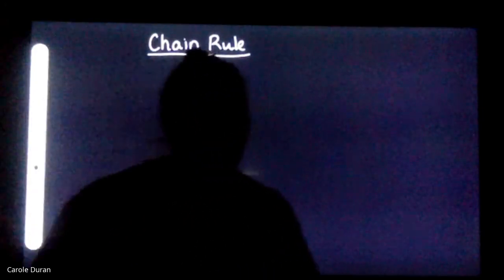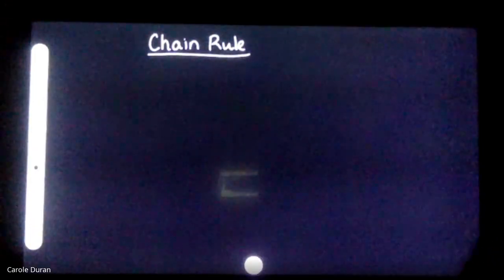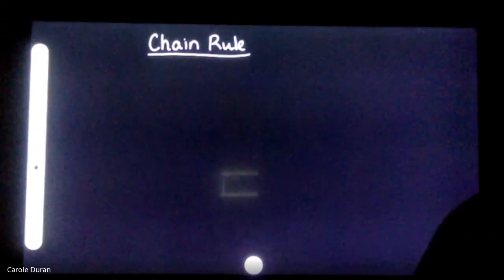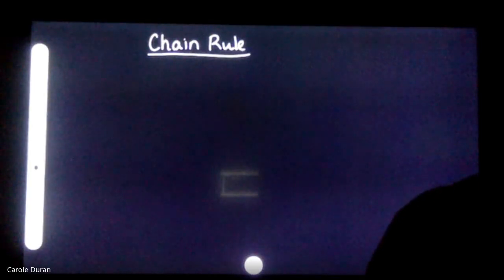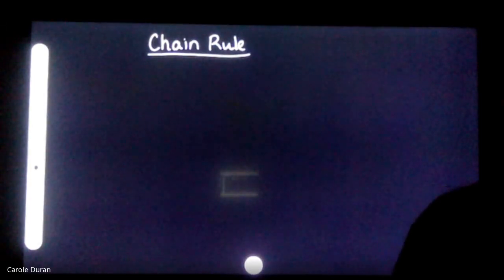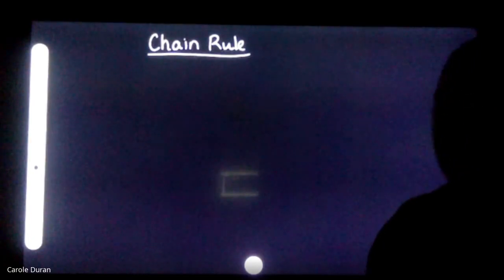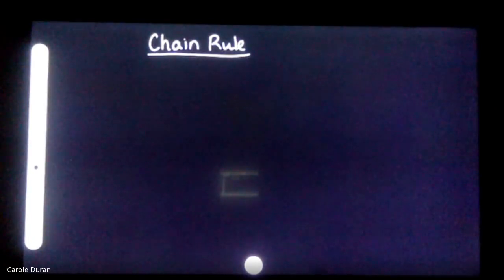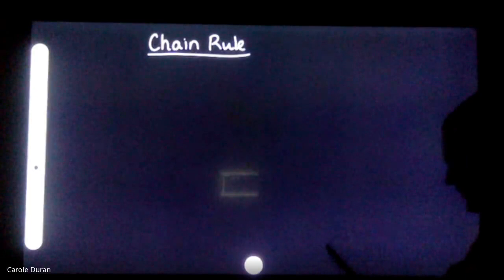This is going to be something that we take 2 days on. So today it's just going to be singular chain rule, and then tomorrow we're going to do double and triple chain rule. I know that sounds like a ton of fun to all of you. Okay, so